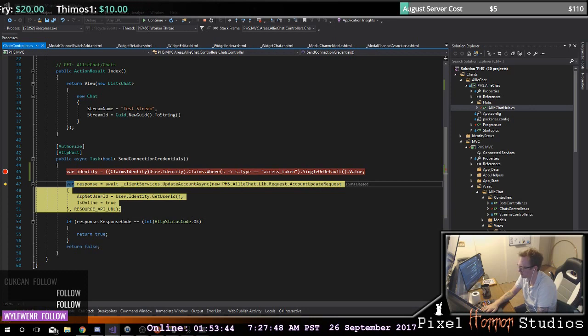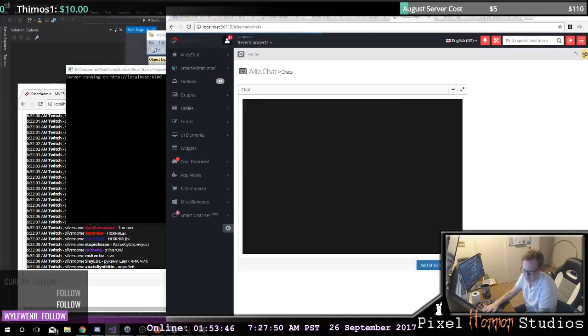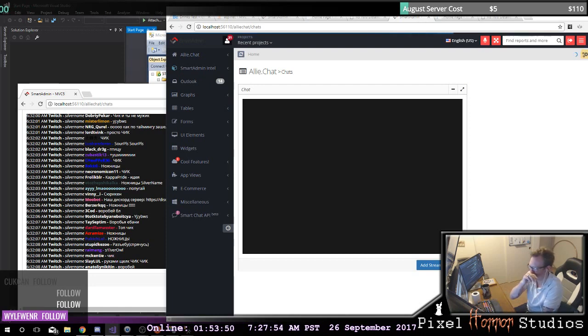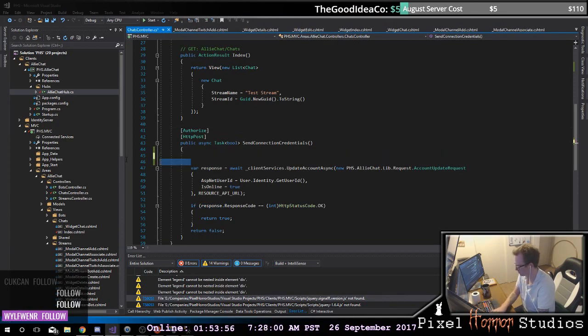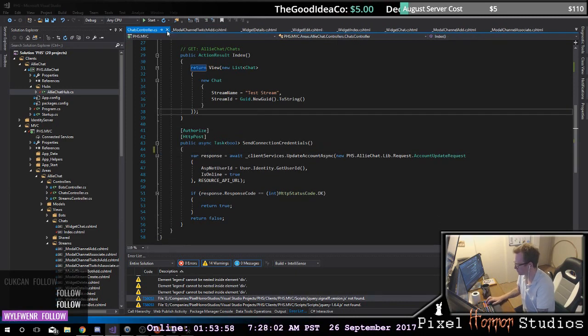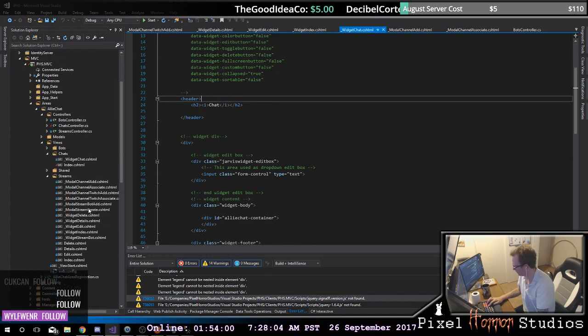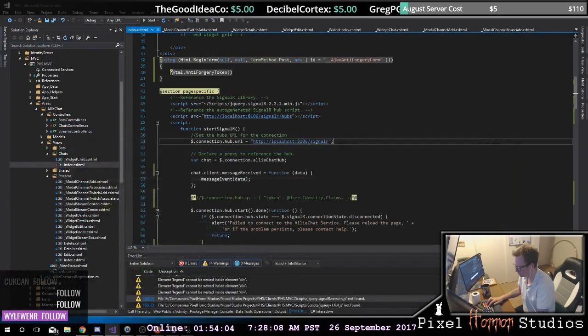Yeah, I want to check to see if I got the access token. And I did. So let's come back up here. I'm going to pull this. And now if I look down here at my index, when I'm sending this,